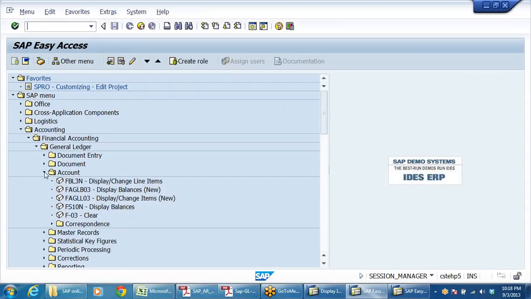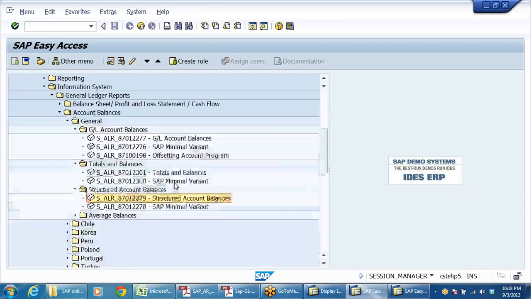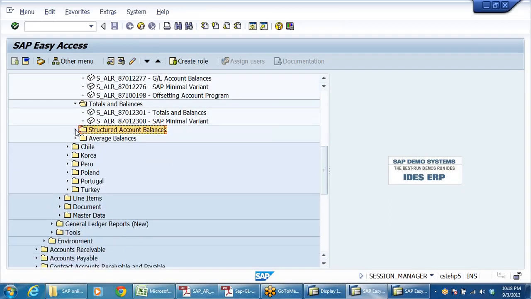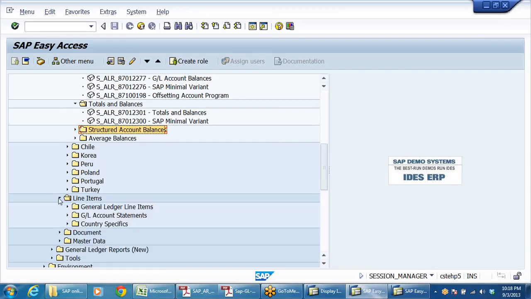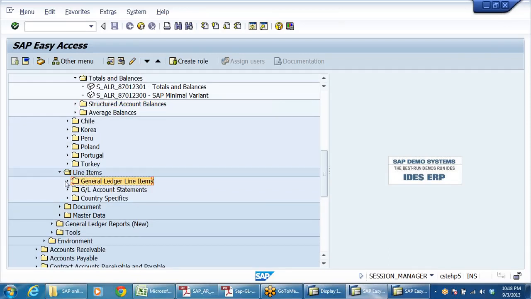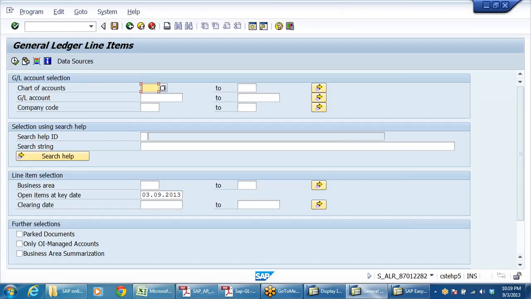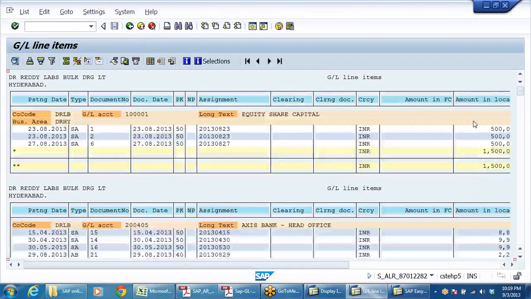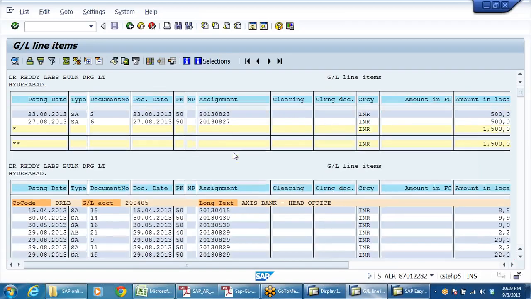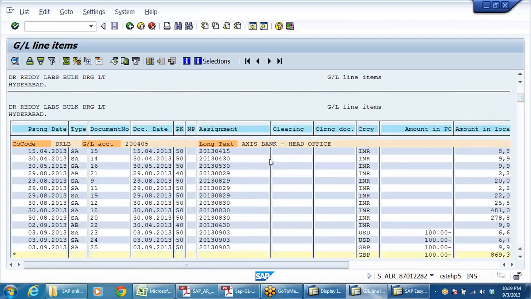So like this, you can drill down the reports: line items, general ledger line items, GL statements. See, general ledger list for printing. DRCA, DRLB, today's date. All GL accounts you can see like this.